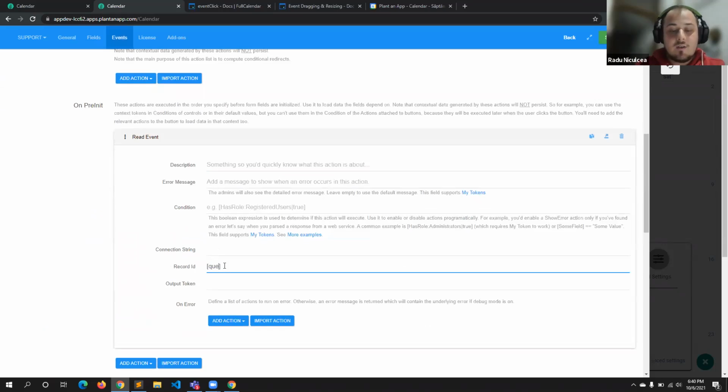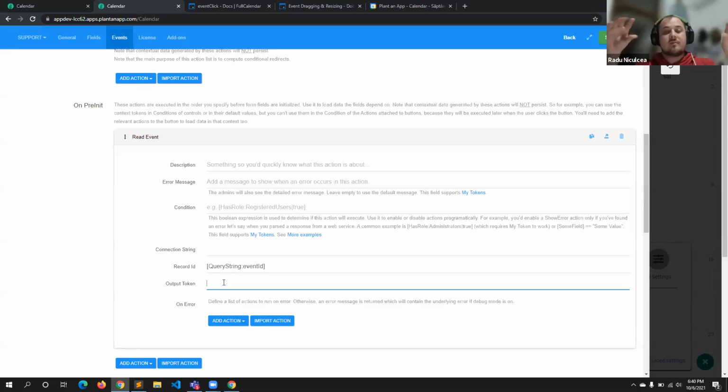So I know I passed a query string called event ID. In this situation, the output token is going to be that specific row from the entity. Let's say I'm going to have this be event in this situation.